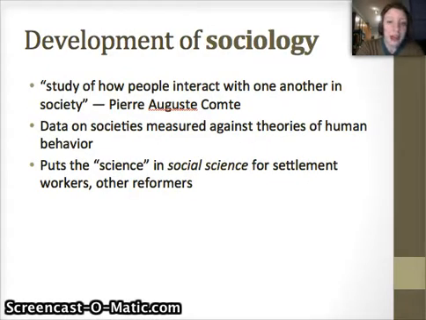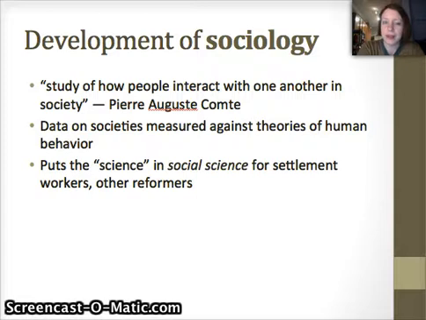People like Jane Addams and middle-class reformers, progressives who are interested in this movement, are very influenced by the development of sociology as a discipline, as an academic field that people could research and learn in and then teach to others. Sociology didn't really exist as a field until about the early 1900s. The best definition that we have comes from Auguste Comte, who says that sociology is the study of how people interact with each other in society.